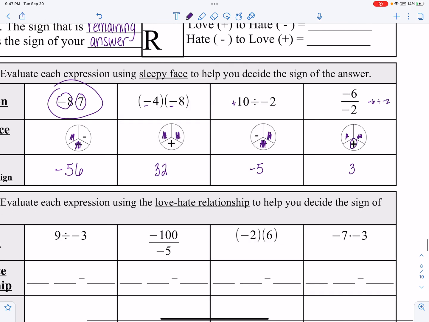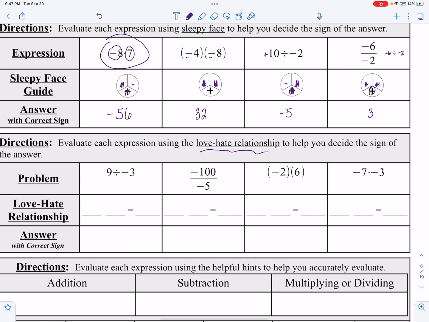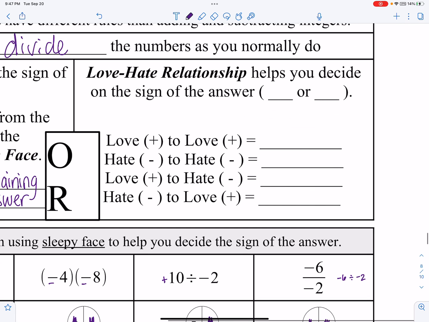Okay. All right, down here, now we're using this love-hate relationship trick. So let me go ahead up here and we'll explain that. So again, this helps you decide on the sign, whether it's positive or negative. And here's how it works. When you look at the signs of a multiplication or division problem, if they are both positive, we already know the answer is going to be positive. If they're both negative, we already know the answer's,